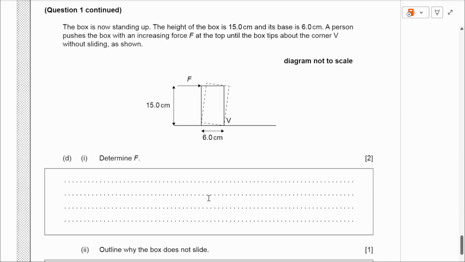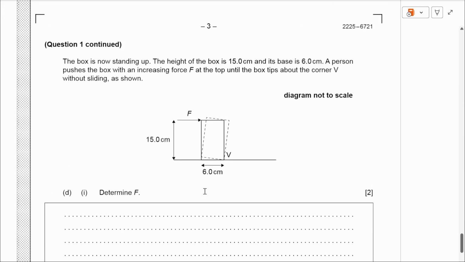Okay, so now this is just an HL section. This is to do with rigid body mechanics. That's 2 short questions, so the SL students don't have to solve this anymore. So now we have a box that is standing up. We're told the height and the width of the box, and